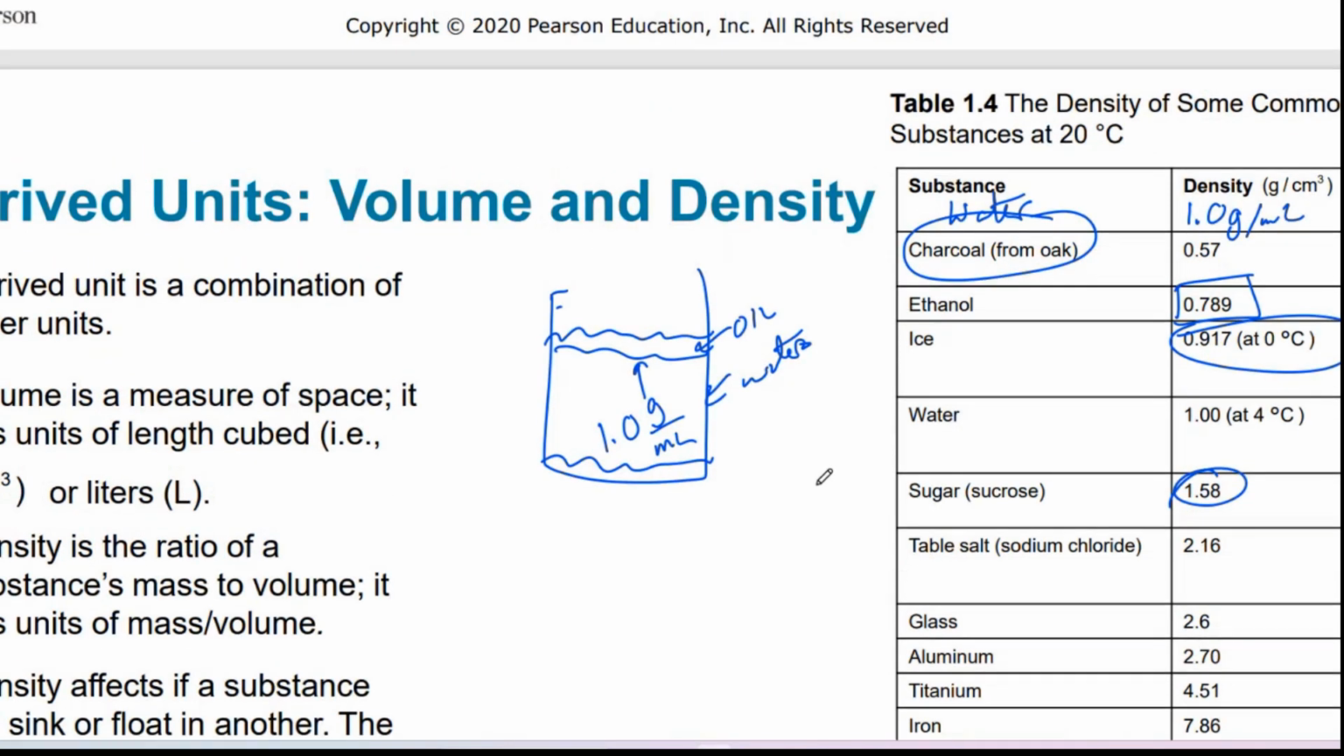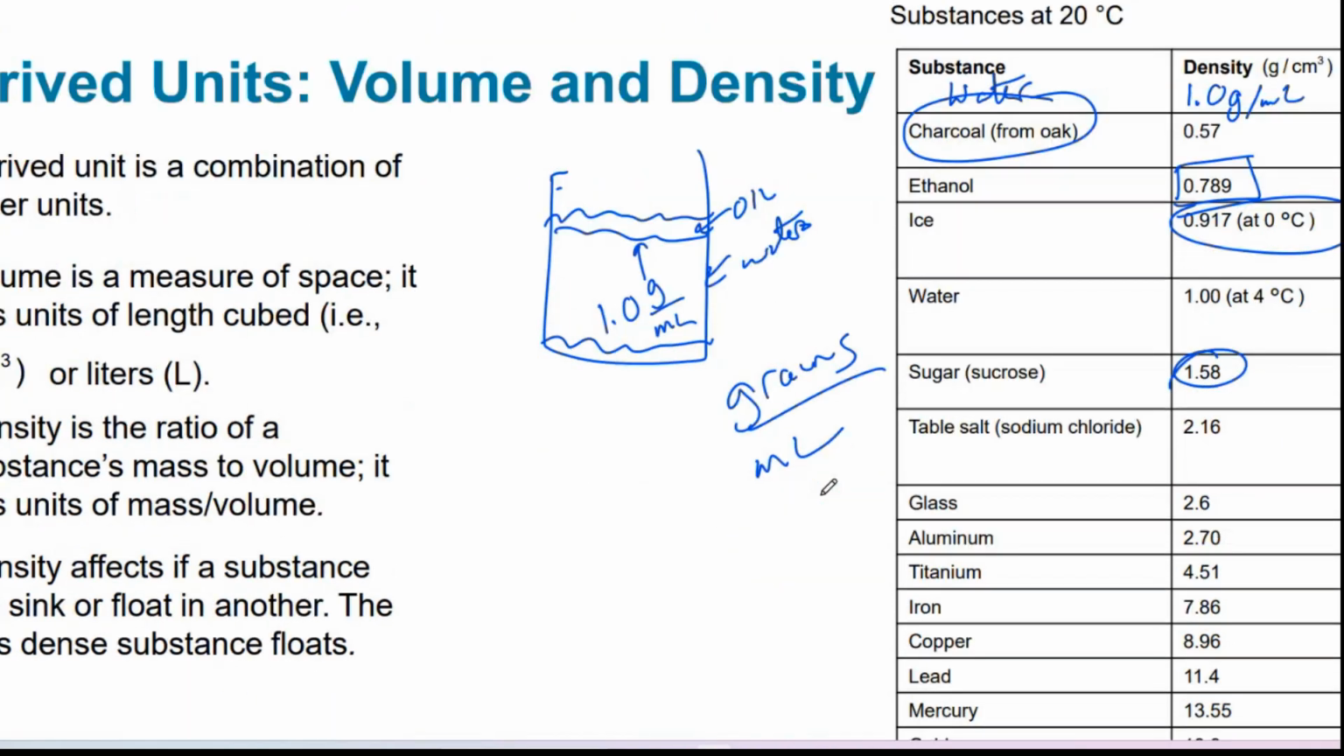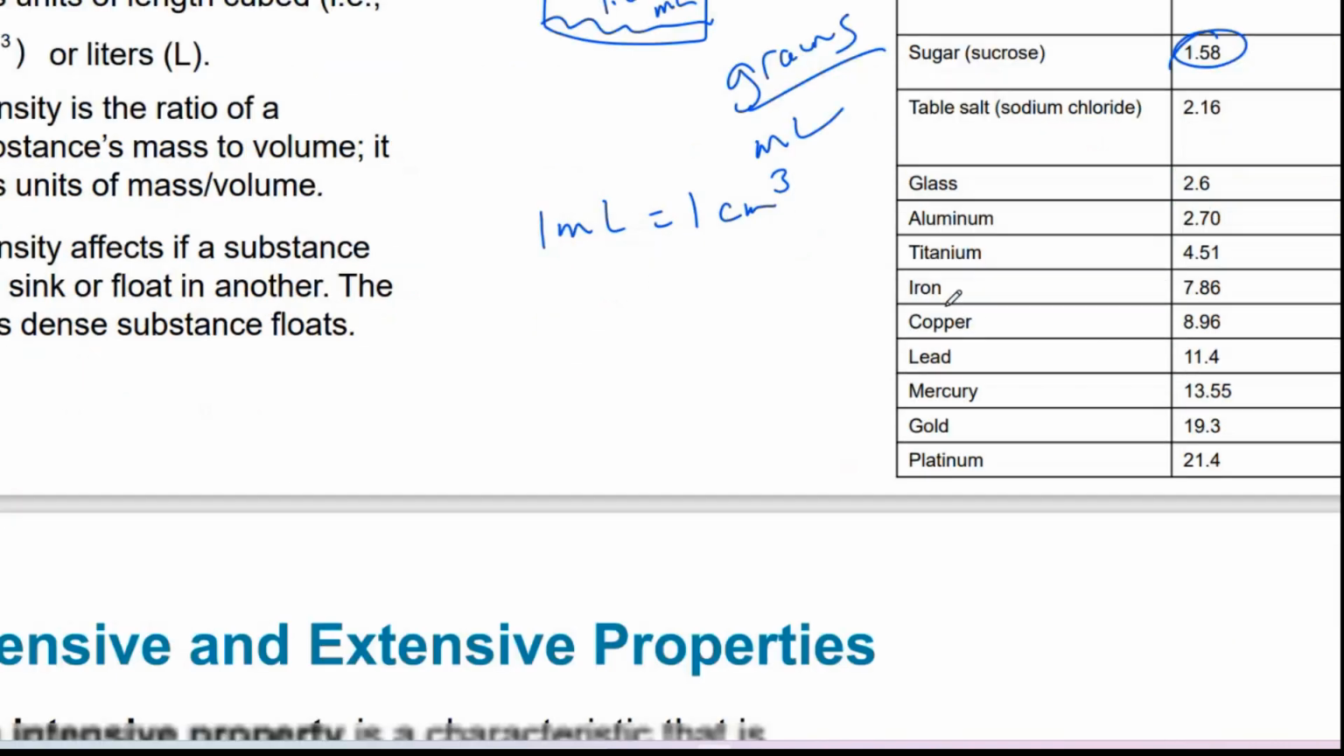Okay, so the units of density are grams per milliliter, or gram per cubic centimeter, because 1 milliliter is equal to 1 cubic centimeter. Okay, so density is grams per milliliter, so you can actually calculate density. If you know the mass and you know the volume, you can calculate the density of an object by dividing the mass by the volume. Okay,